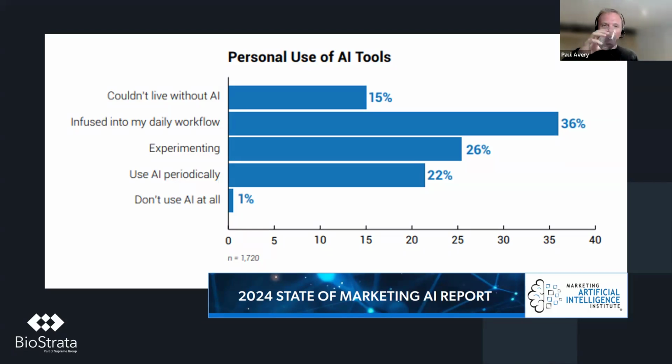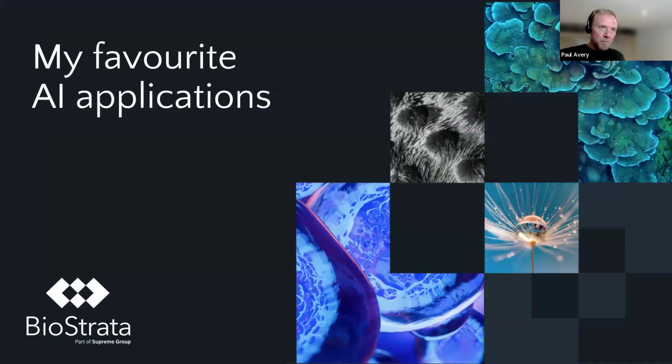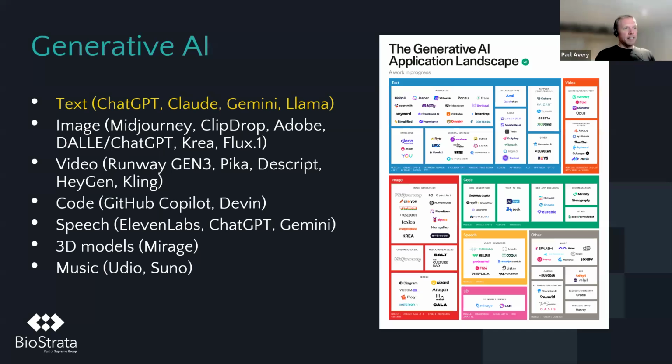So, probably my favorite part of the talk. Let's talk about the different things we can do to actually save time and boost quality and creativity. So first thing I just want to highlight is most of what I'm going to talk about today is simple text-based applications in one form or another. So using ChatGPT and some other tools that I'll mention, because honestly, it's the easiest way to get started.